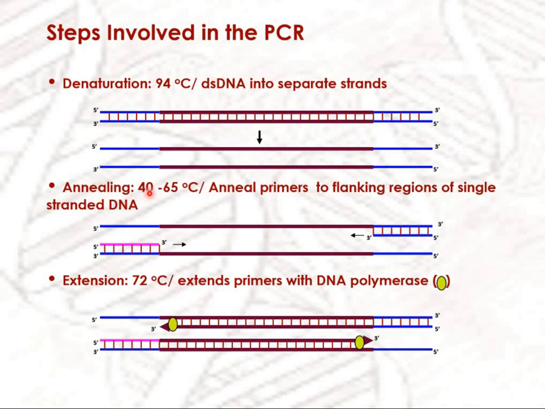उसी tube में primers हैं. इस entire mixture का temperature आप 45 to 65 degrees पे ले आइए, depending upon the primers that you are using. तो primers उस पे anneal कर जाएंगे. उसके बाद इस tube को आप ले जाइए 72 degrees पे. तो ये Taq polymerase जो उसी tube में present था, वो इस region को extend कर देगा. So a copy will be made.